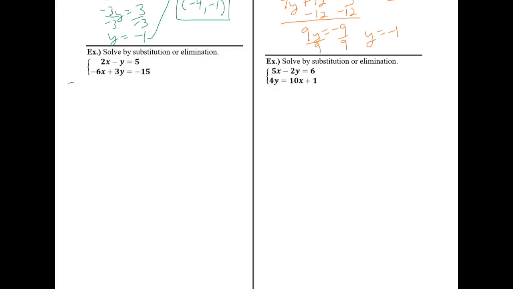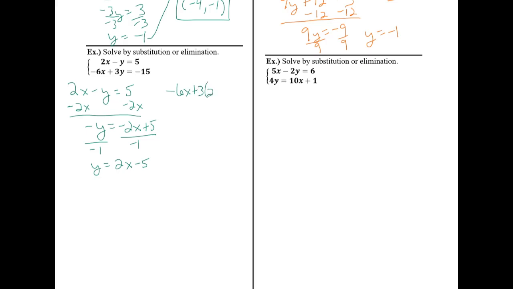I'm going to take the first equation and get y alone. I'll subtract 2x from both sides, which gives me negative y equals negative 2x plus 5. And y is not quite alone. We have to divide by that negative 1. So y will equal a positive 2x minus 5. Now that I have this value, I can substitute that back into the second equation. So negative 6x plus 3, replacing y with 2x minus 5,